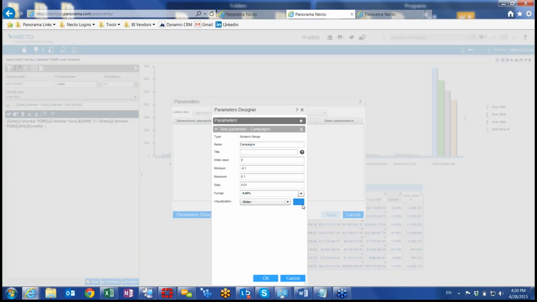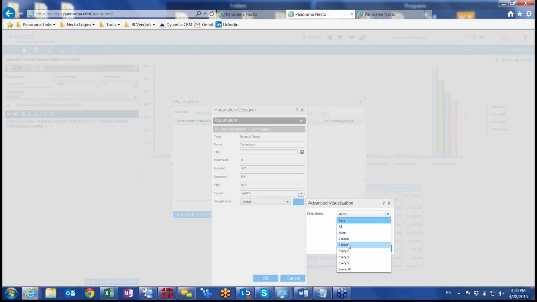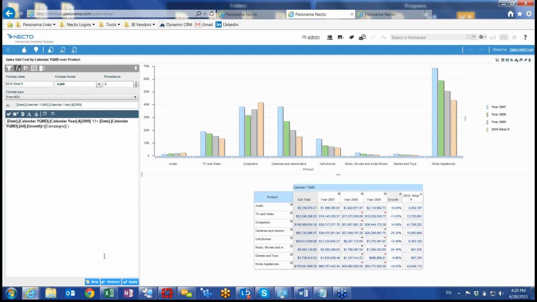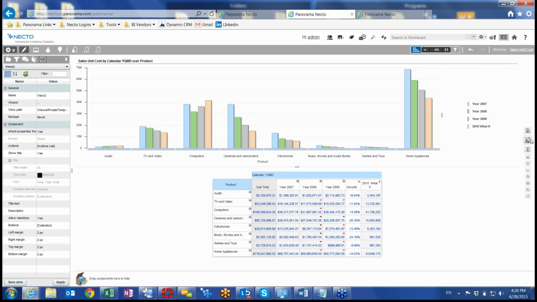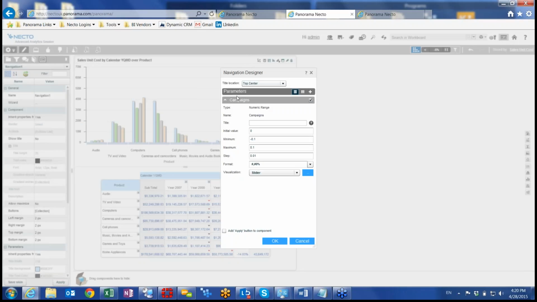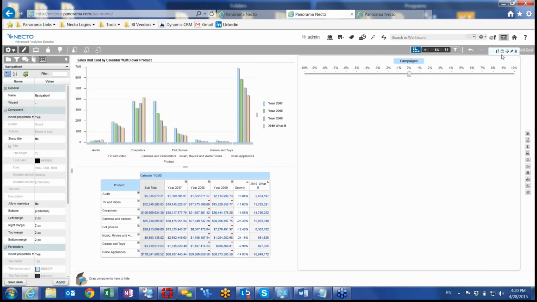And I got to this menu, with some advanced topics that shows me some of the labels or all labels. Now I hit the all labels, hitting OK, and now I have this parameter. Now remember, I created this parameter in order to put it in the calculation and enable the user to use it. So I just tick it, click apply, and apply for the calculation that will mind this parameter. Now let's go back to the workboard area and put this parameter on the side. So for example, I can just grab the navigation component, put it on the side, tick that I would like to use the campaigns parameter. Now I have it, we can rotate it,